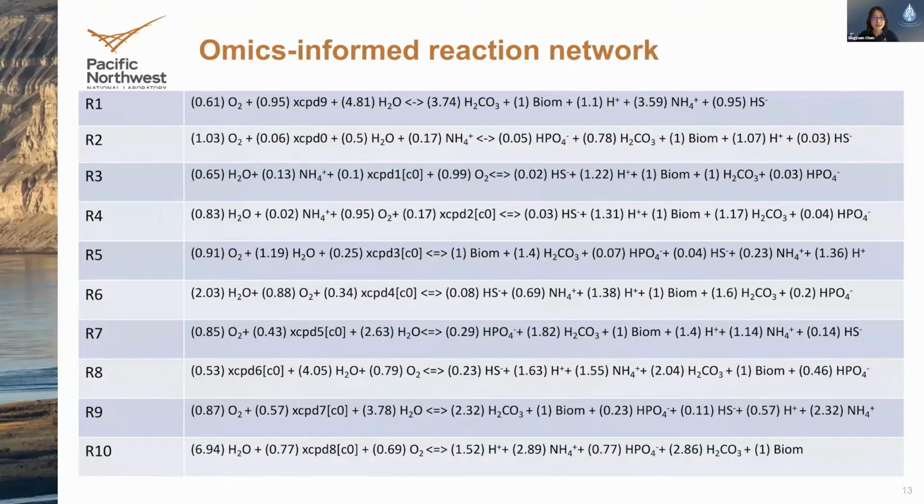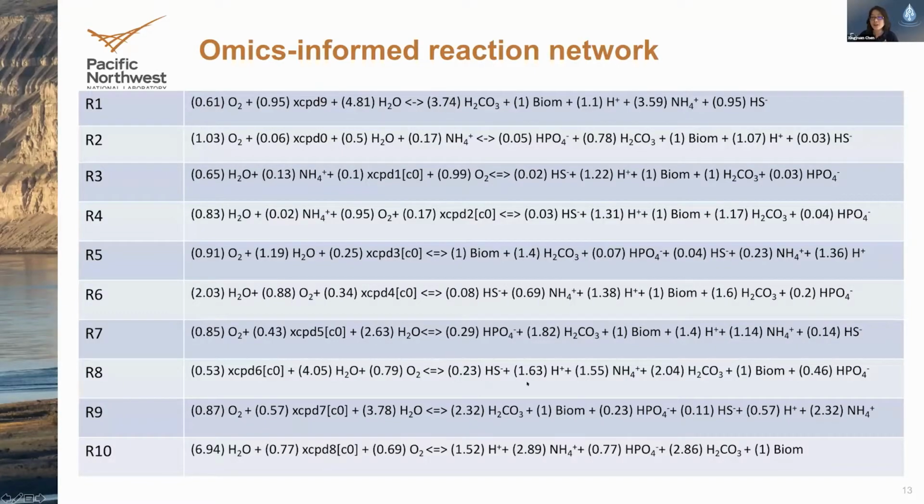With this new omics or FTICR information combined, it can generate thousands of reactions we can include in our reactive transport model. Of course, we're not able to incorporate all of them, and Han helped us down select a reduced set of reactions we can use, which is 10, shown over here as an